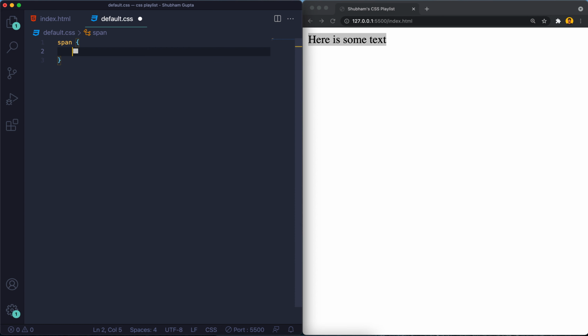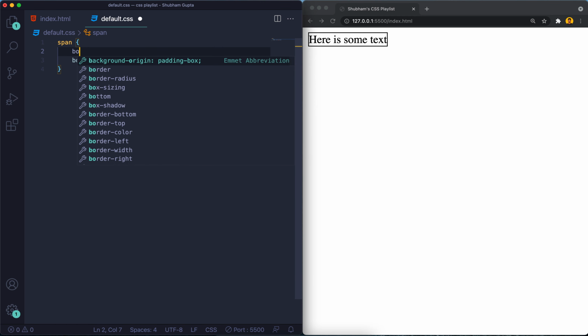Okay, so in this span tag I'm going to give some border. So border has three properties: border type, which can be solid, border thickness, which I'm just having 1 pixel thick, and border color, so I'm giving just black color, let's say. So this is how we'll have the border colors. Is that okay? Okay, so this is border. So this is a shorthand property.